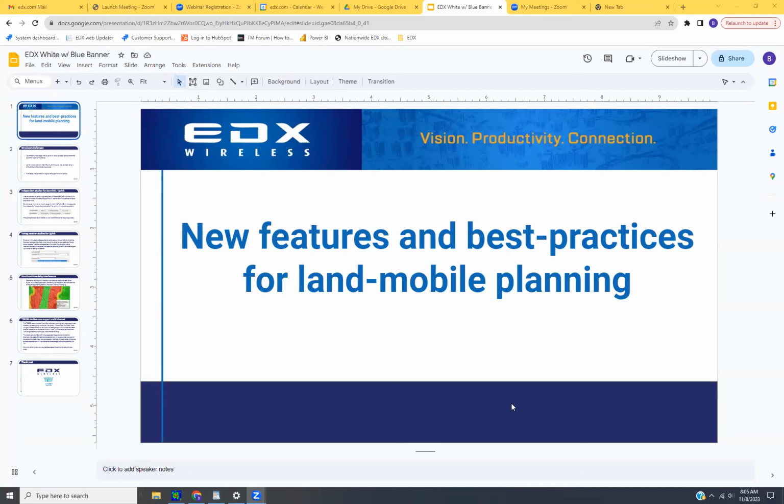So a couple of things about best practices for land mobile planning. Land mobile planning for VHF and UHF public safety has been going on for a long time. For decades, the best practices for this have been evolving. And here in the United States, as well as internationally, not only have the actual standards evolved, the P25 standard and the TETRA standard over in Europe, et cetera, but